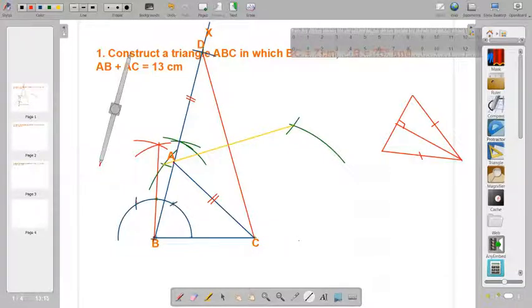Now, BA plus AD we have taken 13. But actually, what is the meaning of AD here? AD equals AC. That means indirectly AB plus AC also is nothing but 13 only, na? Here we have taken BD 13. BD 13 means AB plus AD is 13. But AD is nothing but AC. So AB plus AC will also be 13 or not? So that is the justification.